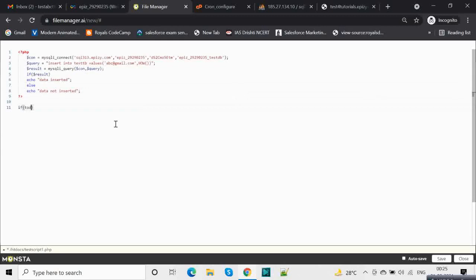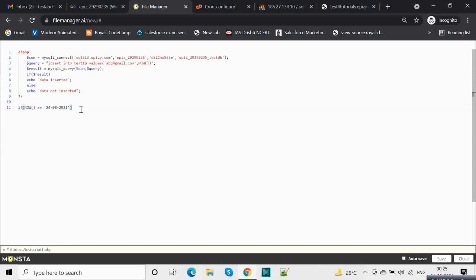Let's say if today's date equals your required date. So if now equals your particular date, let's say the 24th of some month in the future, and you want to run this script, you can do that.